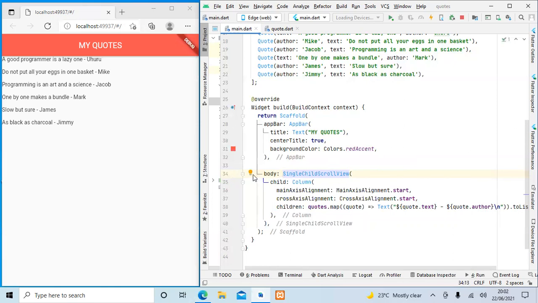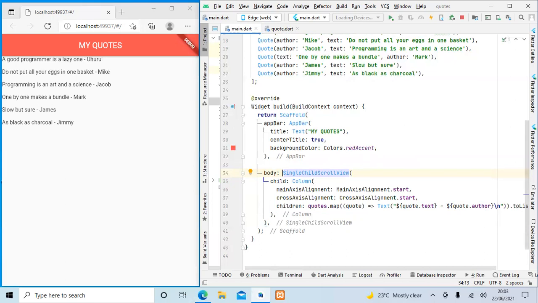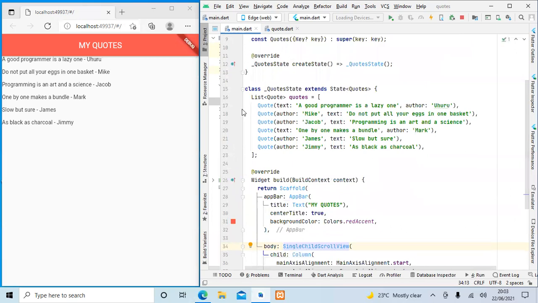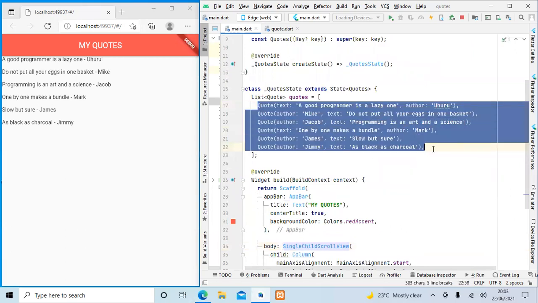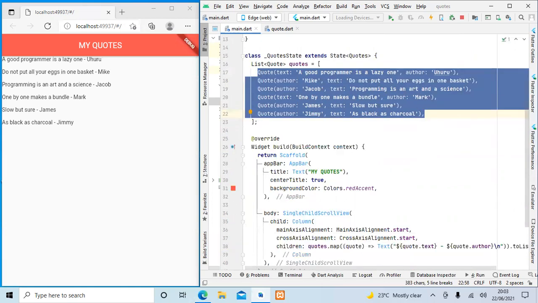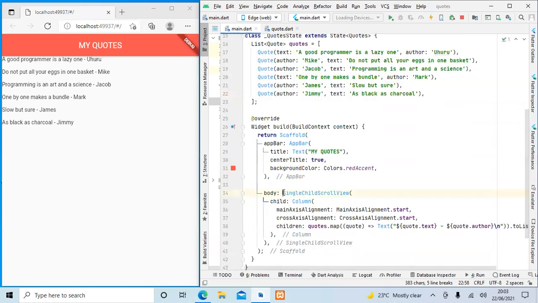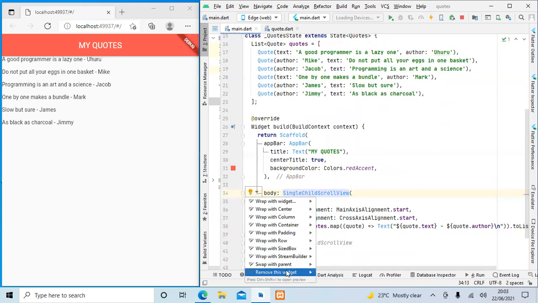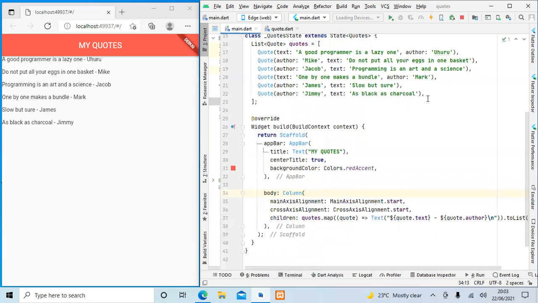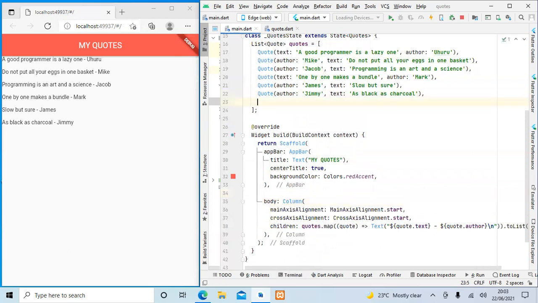If I want to remove the comments, because you can be having, like, if I have more than 100 quotes. So let me try to just repeat these quotes more than that. Let me just copy and paste. You see, Control C. Now I'm going to first remove that scroll view. Let me first remove it from there. I say remove this widget. Then I'm going to paste